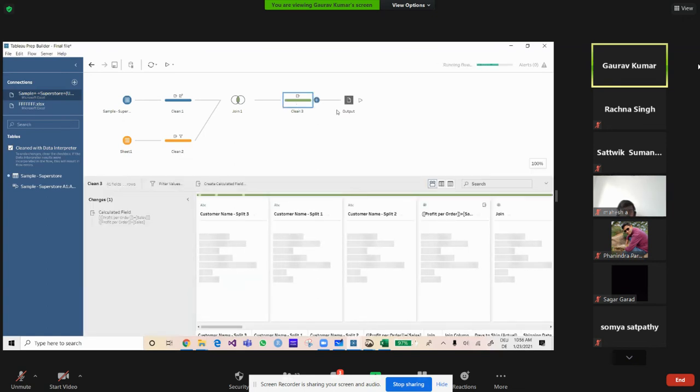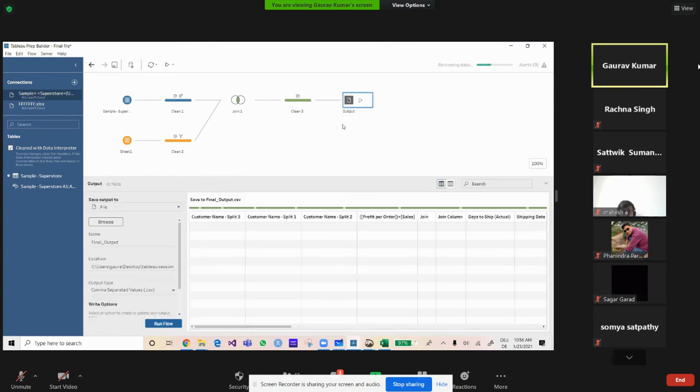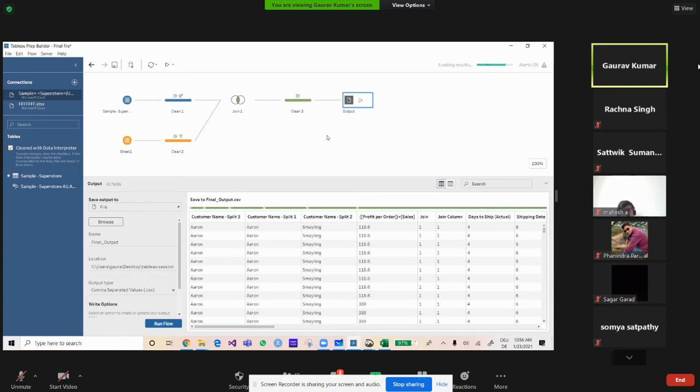Basically, this is an overlooked tool in the market now. But slowly I'm seeing that everybody is coming to this, because not everybody is so good at coding. So here, without coding, you can do all the stuff you want for your business analyst as well as data analyst job.